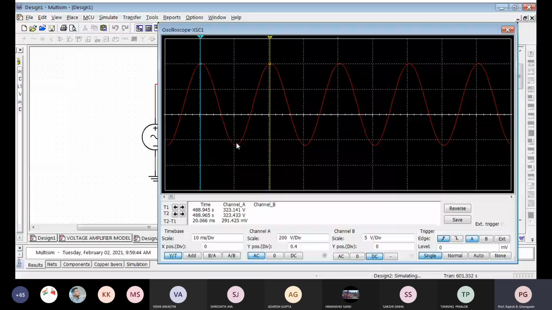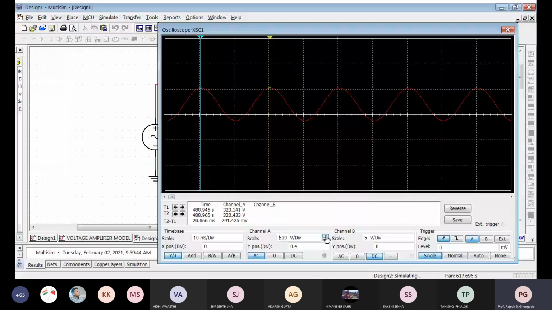650. Exactly. This is exactly what we had calculated or observed, isn't it? So this is the way you have to use this vertical scale. I'm just simply zooming up and down. So you can see here now the scale is 500 volts per division, and see how many divisions there are? Let me just adjust it properly. So it will be somewhat about 1.25. So if you multiply this 1.25 by 500, what do you get?